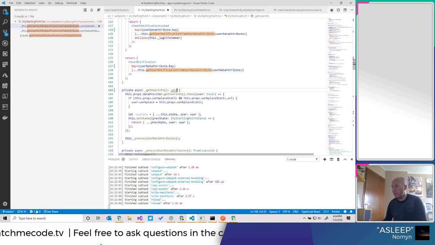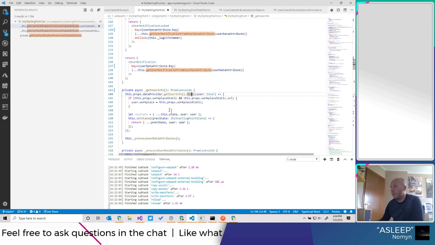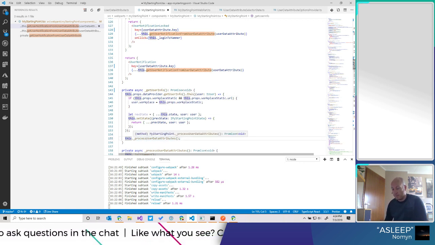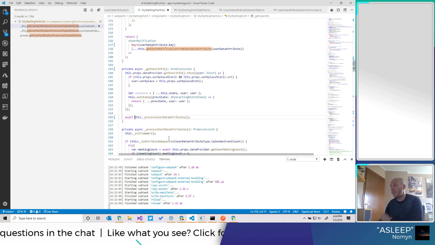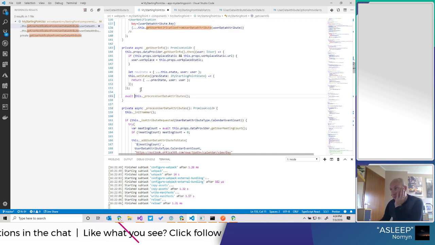Can also make this async. This is not necessary for our change, but it's at least a little bit nicer to work with. And you can await this. That way we can better see that this is async code and we know it is running within a certain scope, so we can maybe handle errors or similar.